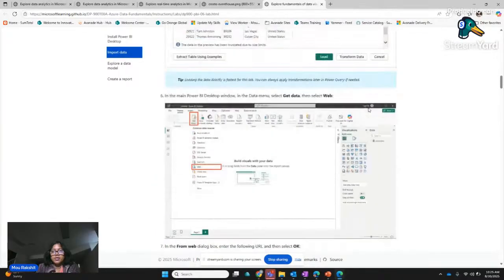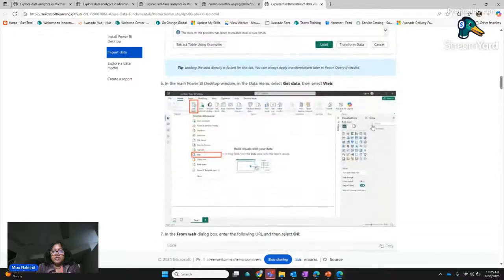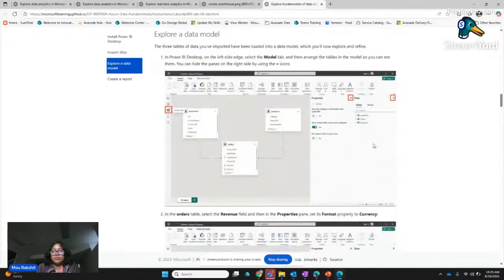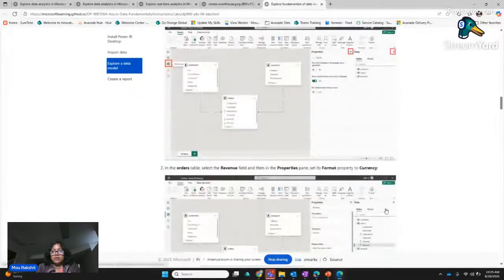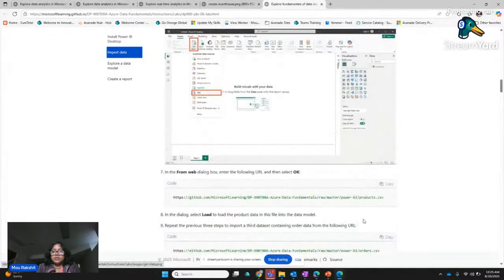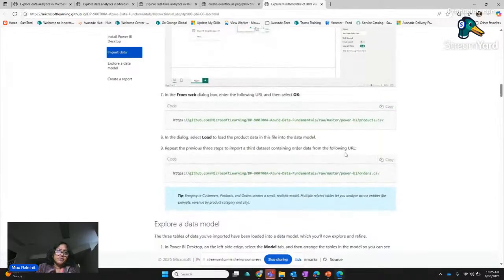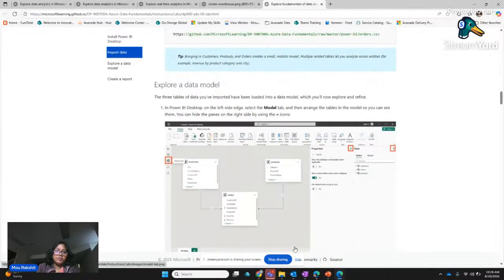You're bringing customer. This was the original one, the customer CSV. Then you're bringing order. Then the last one, what did I say? Order, product, I think, right? Order. What was the other one? Products. Yeah, so you can connect to different CSV files. This is an example in which you're going to be practicing with CSV from a GitHub repo, and bring those in. Now within Power BI Desktop, you can establish relationships between them.